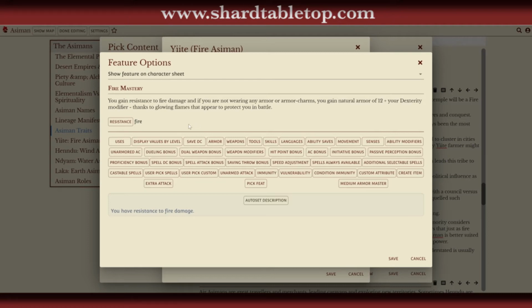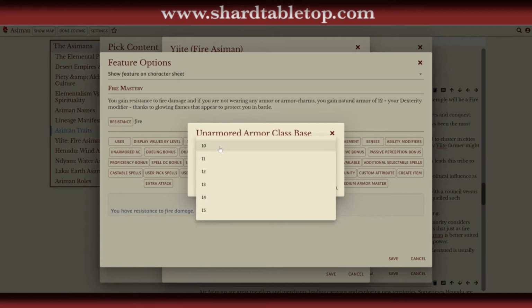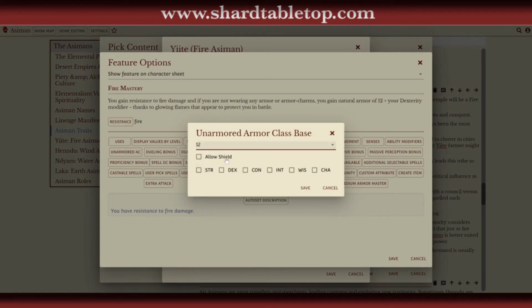All right, so if we go down and select unarmored armor class, you'll see a few choices here. All right, this says it's 12 as the base. All right, this doesn't say anything about shield, so we're going to say, okay, we're going to allow shield, right? And your dexterity is the modifier that applies. Some other classes apply different modifiers here. In this case, I might have preferred to see charisma since that's the one I have the biggest increase in, but dexterity is the logical one. And we'll say save,